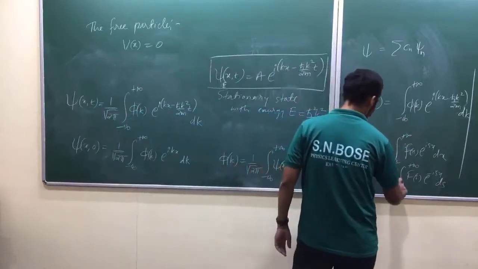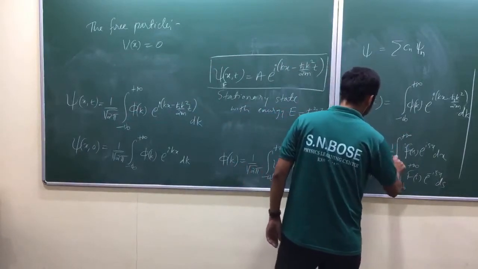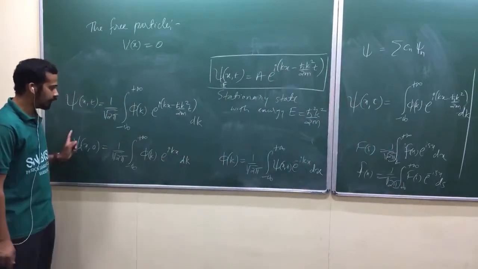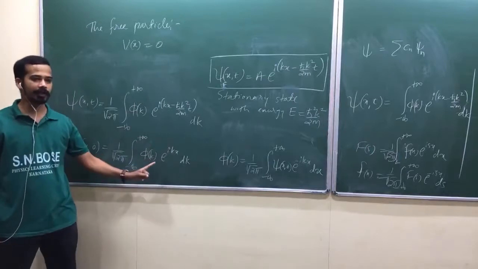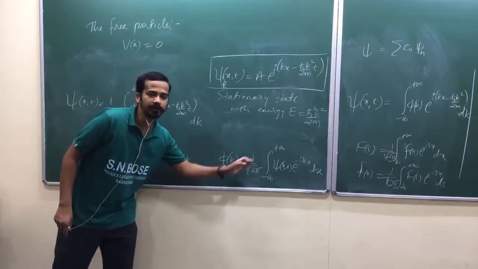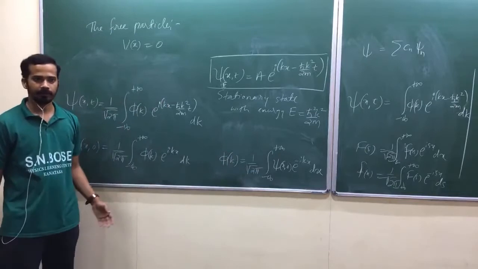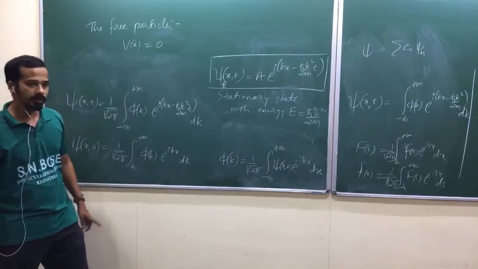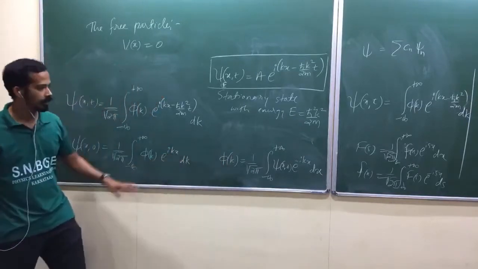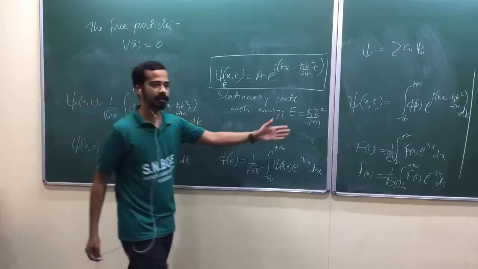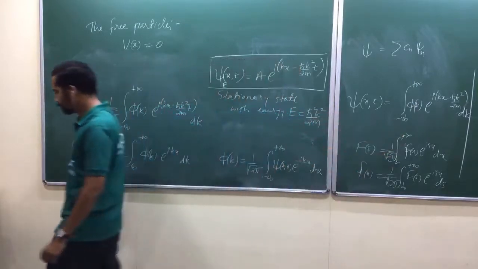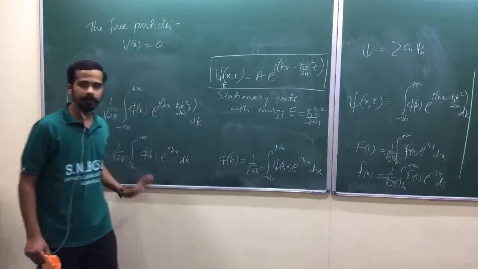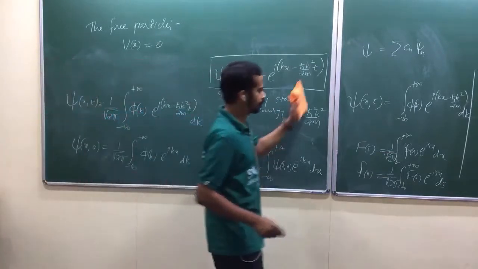You can put 1 by root 2 pi here. But here we got a logical argument. Are you getting my point? So after we see that this is a Fourier transform, we found that you can get phi of k by inverse Fourier transform. Are you getting my point? Until this one we got in a flow. We got this step in a flow actually. But next one, how do you get this coefficient? By inverse Fourier transform, because we had the technique already. Isn't it? That is the mathematics definition. This is the physics definition. Okay. Now look at here.